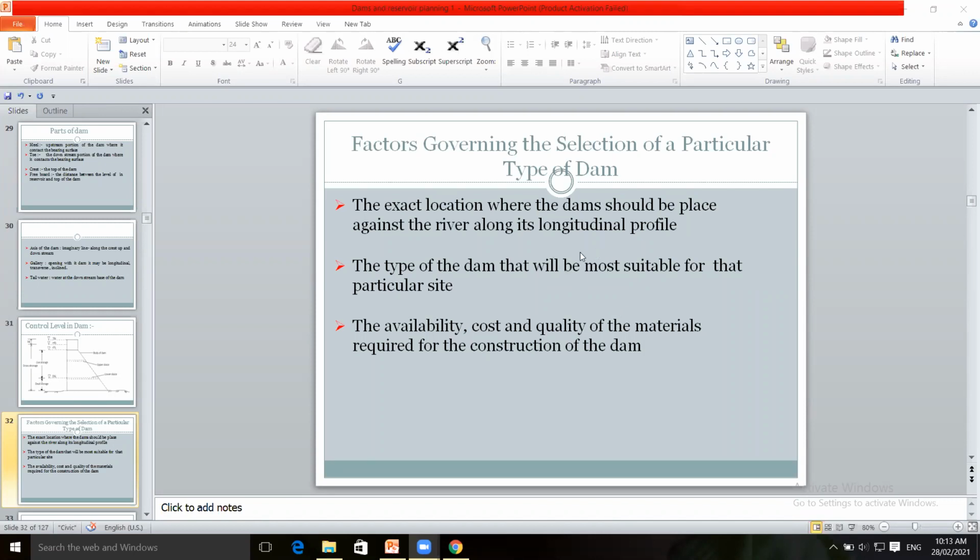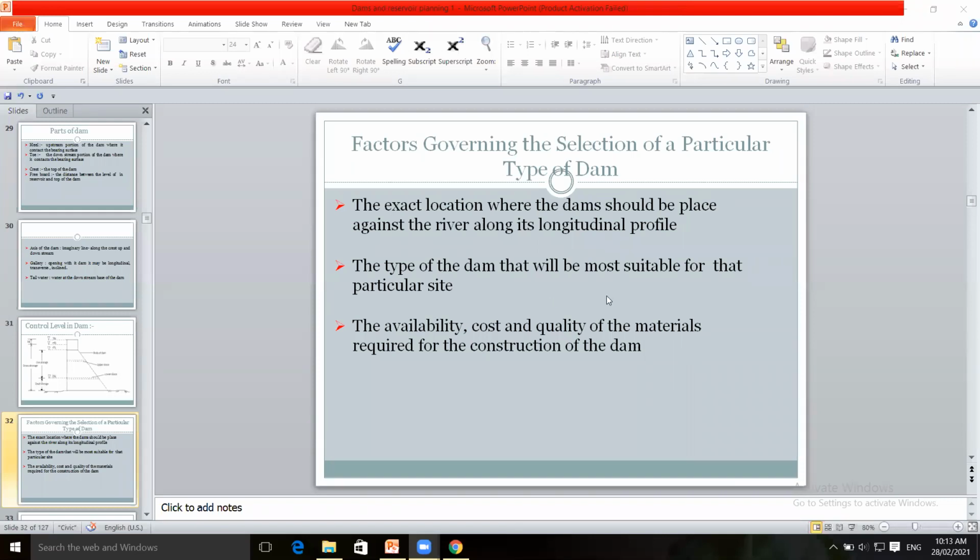So next is factors governing the selection of the particular dam. Up to this we have studied different types of dam. It may be gravity dam, buttress dam, arch dam, or it may be composite dam. So for selection of this particular type of dam based on its use, hydraulic design, based on structural design, we have studied different types of dams: timber dam, steel dam.